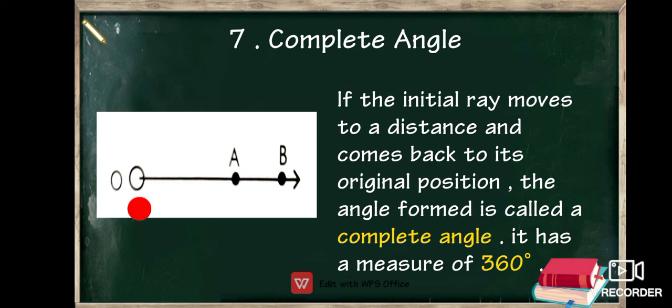You can use a protractor and see, but in a protractor we do not have a full circle, so first you can measure at the top and next you can measure at the bottom. So a complete angle measures 360 degree. I hope you understand this concept, what are angles. So we have seen 7 types of angles.